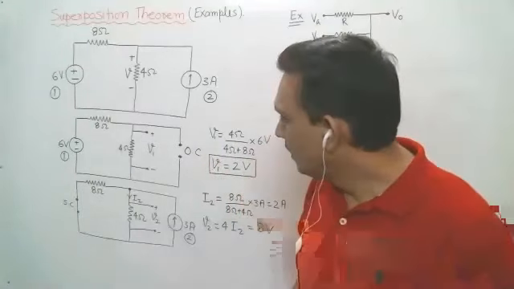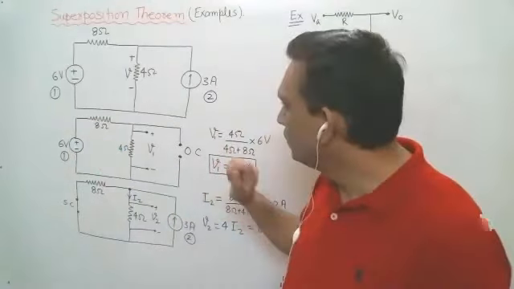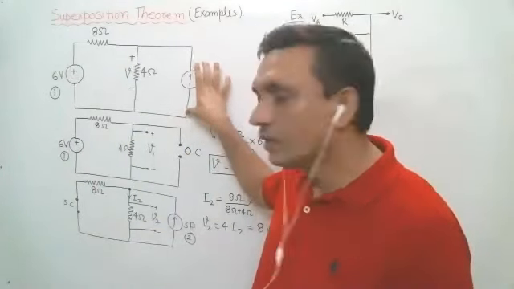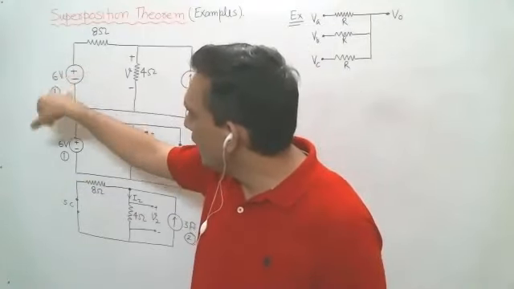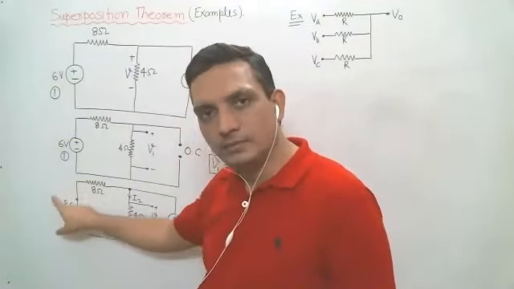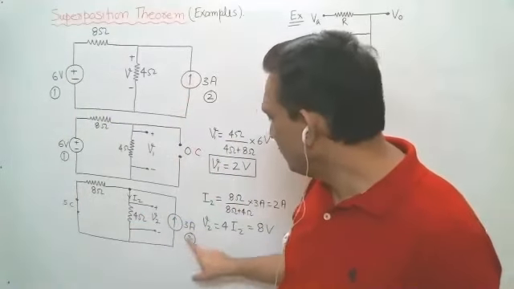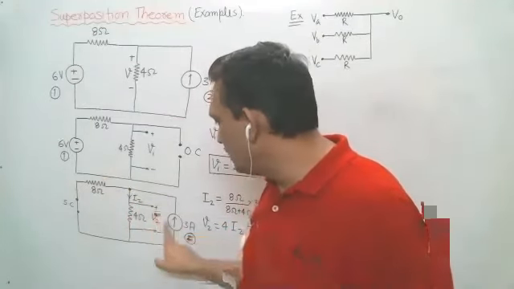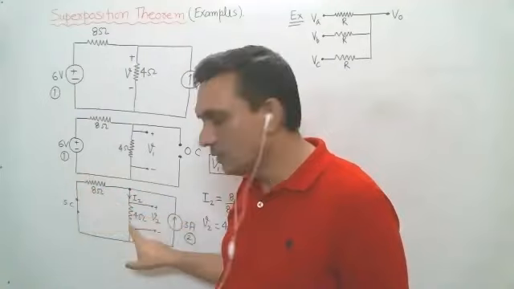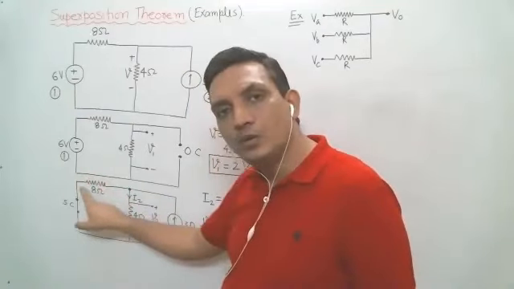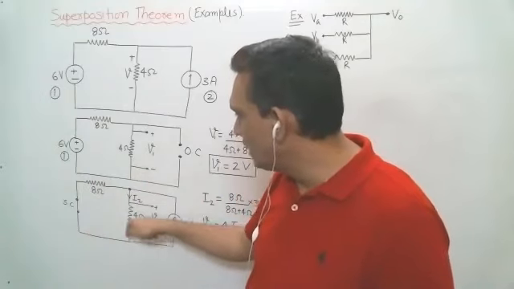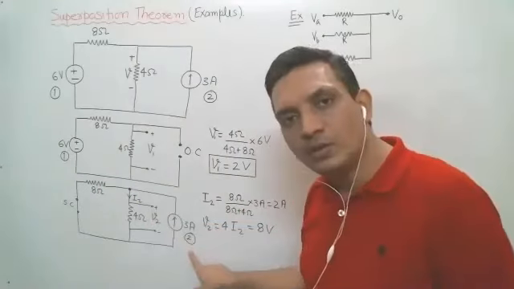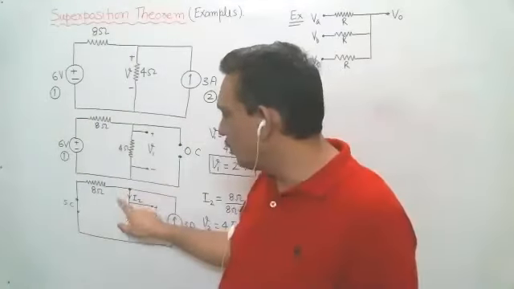Is it clear? So that is the voltage due to single source 1. Now if you take source 2, that is the current source, you have to take the voltage source short circuited. And now you have a 3 ampere current. At this node, you can apply current division. This 3 ampere will divide between these two resistors, which are in parallel, 4 ohm and 8 ohm. I have taken V1 because of source 1 and this current I2 because of source 2. So from the current division rule, what will be I2?